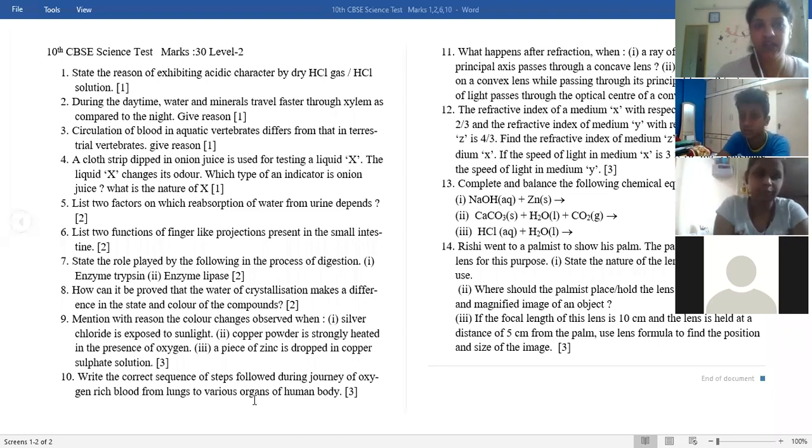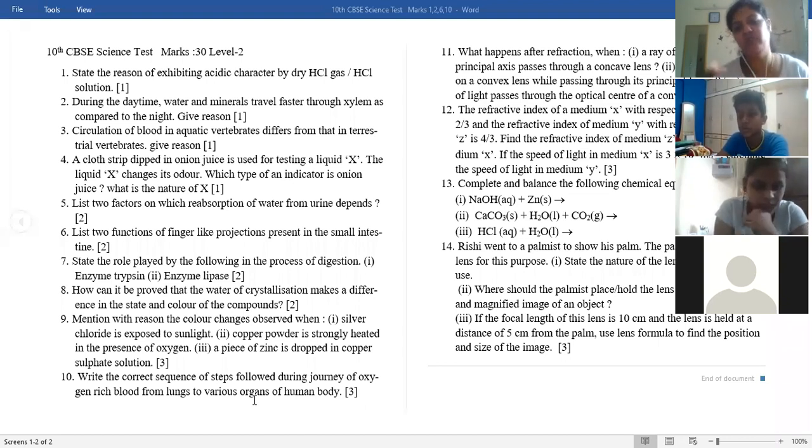In case of a concave mirror, if we place the object at 19 centimeter, we obtain a real magnified image. And if we place the object at 21 centimeter, we obtain a real diminished image. Find the approximate focal length of the mirror. That also I explained to you that day. It will be 20 centimeter, this is C, the concave mirror. So at 19 centimeter a magnified image and at 21 centimeter a diminished image.